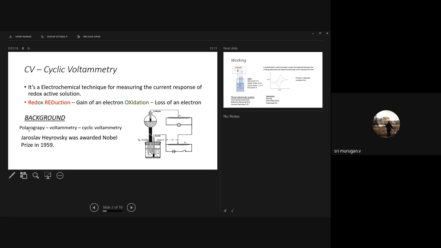For the discovery of this, electrochemistry people got two Nobel prizes. Firstly, in 1922, they found polarography. From that, they tried to find voltammetry. Voltammetry is just a linear sweep of voltage from a particular voltage over some range. After that, they extended that as cyclic voltammetry, which is like repeating the voltammetry experiment multiple times to find how the experiment behaves.